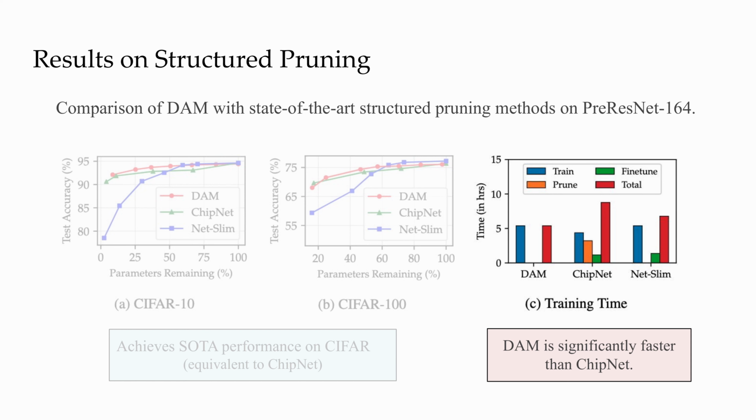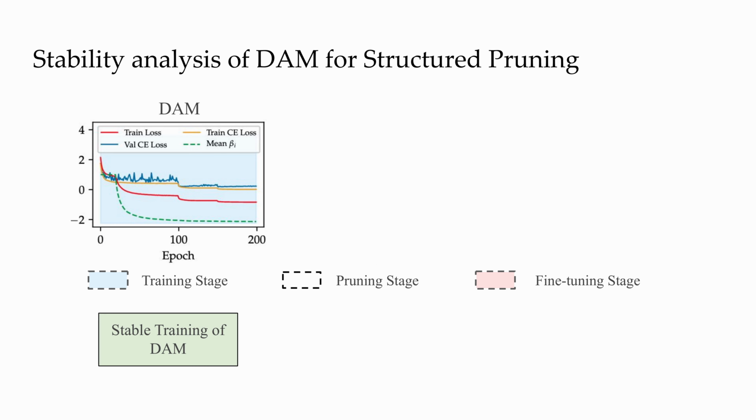Additionally, we compared the time required for training and pruning. We can see that DAM is significantly faster than ChipNet since it does not require additional pruning or fine-tuning steps. We also analyzed the loss curves for each of the baselines to compare the stability of each of these methods